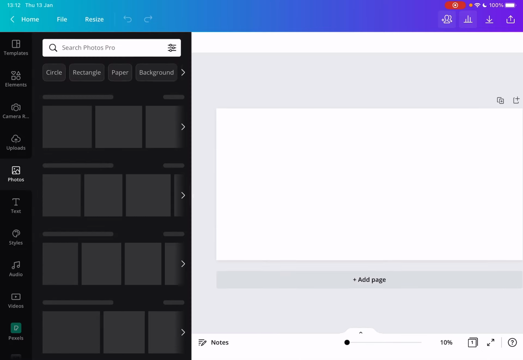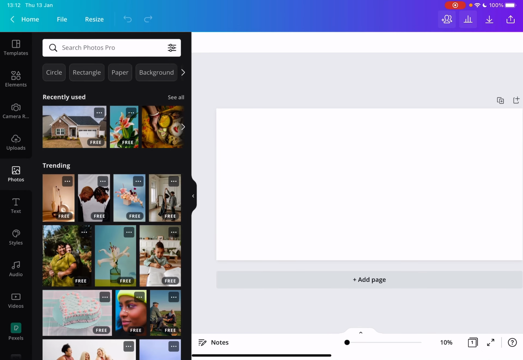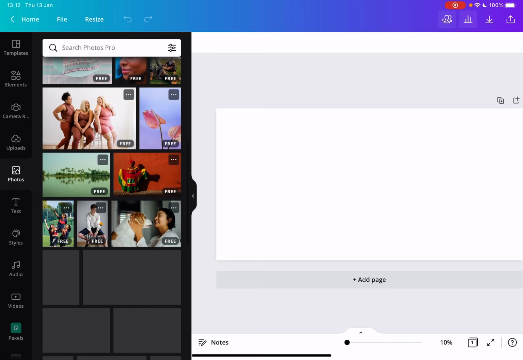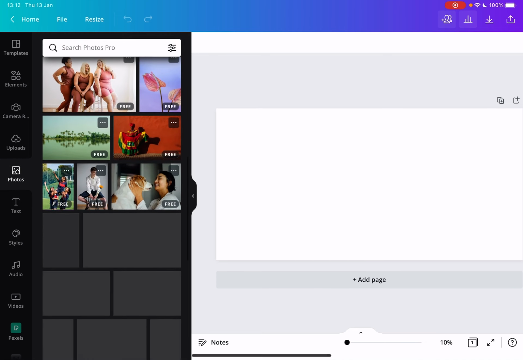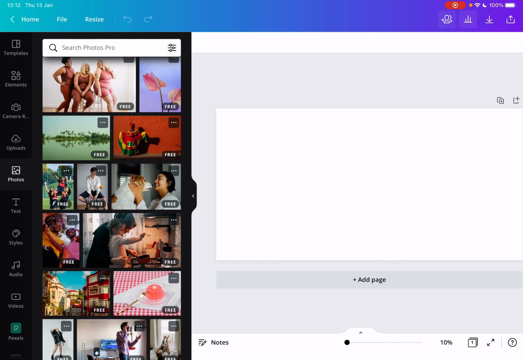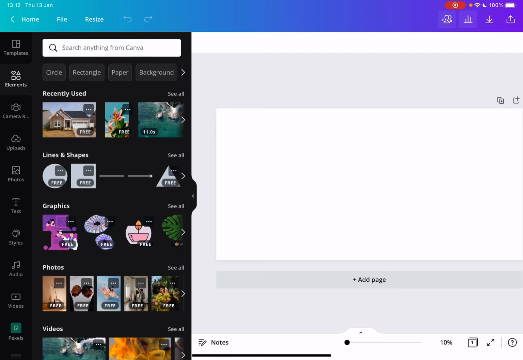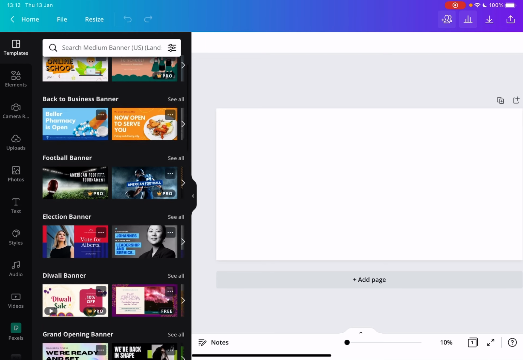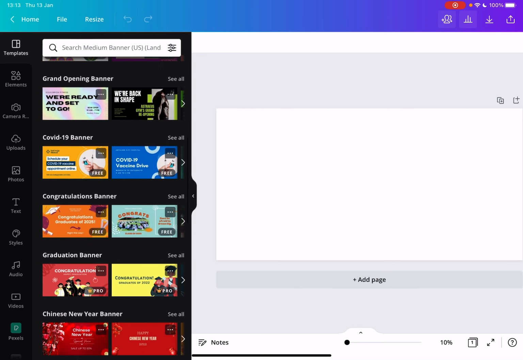Now from here you have a few options. You can either upload your own images and designs, or you can choose images from the free Canva library, which are copyright free images that you can use for your design very easily, and add text or any different design elements. And obviously you can also use the templates section, which is, in my opinion, the best way to create